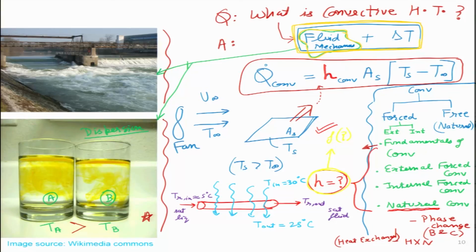and if it is the hot tea, then just by diffusion, because the Brownian motion of vibration of atoms and molecules is taking place very rigorously inside the tea, especially if it is hot. If it is slightly cold, then that Brownian motion is slightly less. So, what we see in this particular slide is that Ta is greater than Tb, because in A all that particular species is diffused much faster as compared to B. So, that was the reason for putting that image over there.